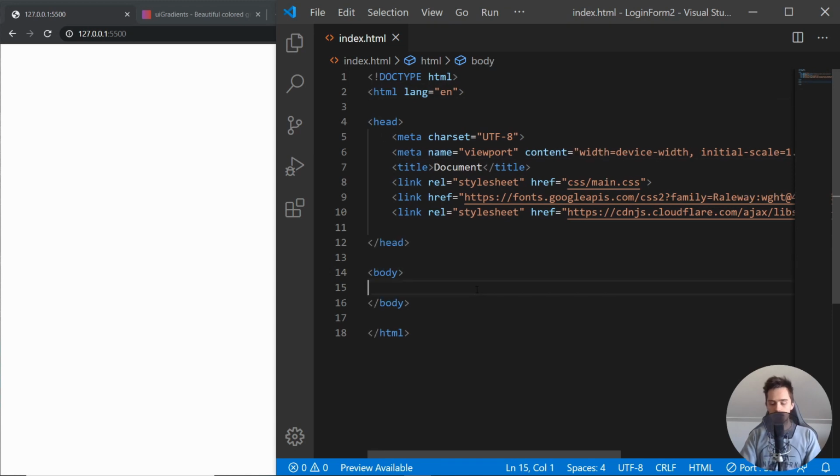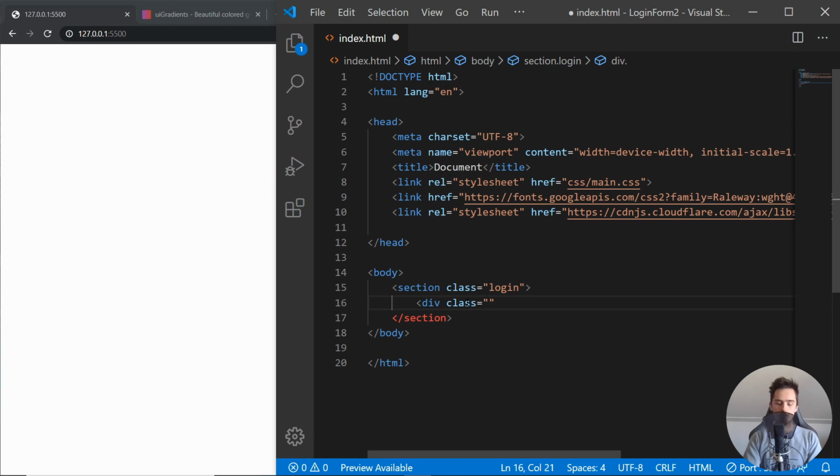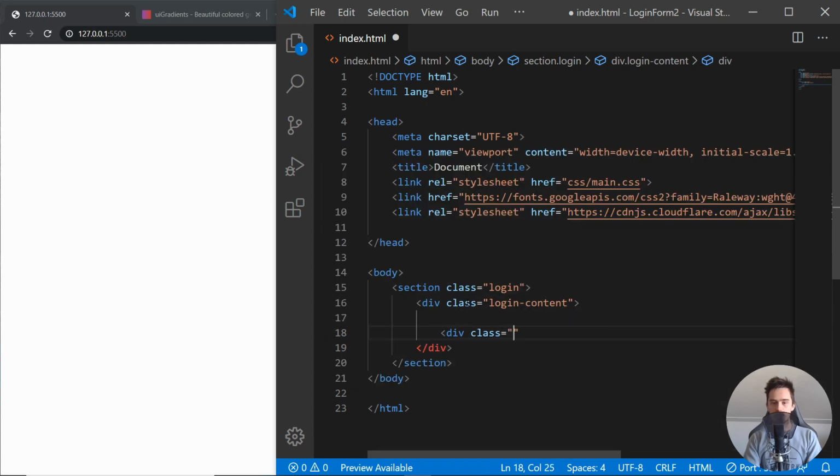So let me first of all style this input form. Inside the body, let me add a section. Let me give it a class of login, however you want to call this. Inside of this we will have a div with the class of login content, and inside of this we will first have a div with the class of image, or image container probably,